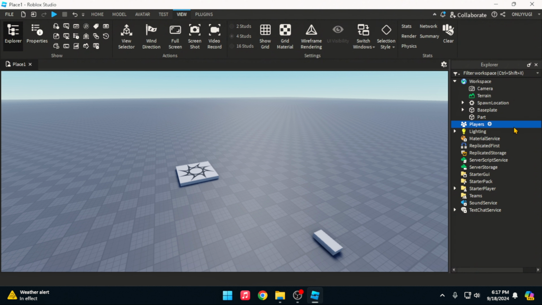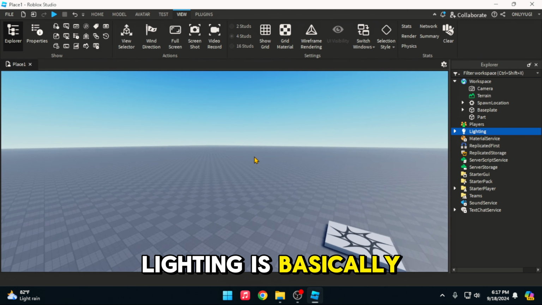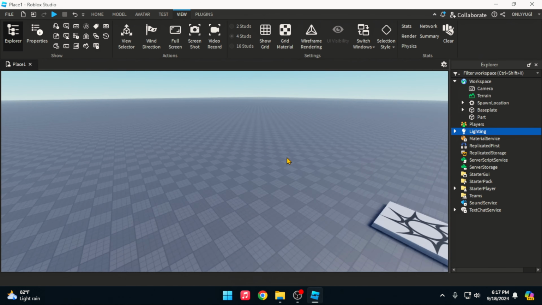So the next folder is players. Basically, this just holds the current players in our game. Maybe we can tackle this much more in our next video since we wouldn't be able to see it without scripting. Okay, lighting is basically the